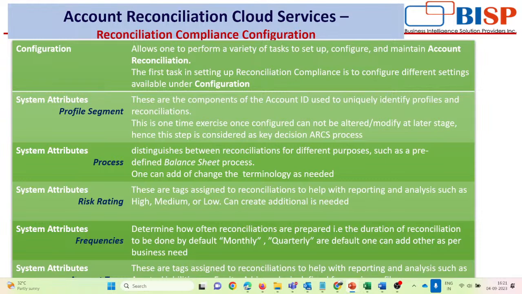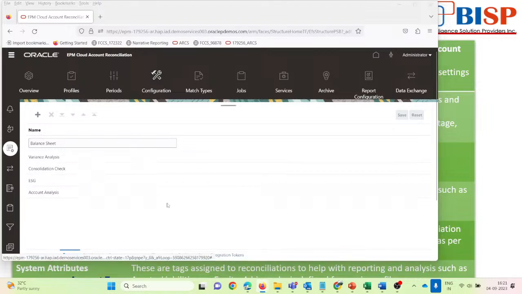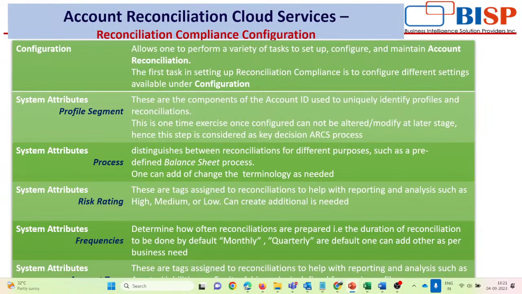Then we have this system. Under system attribute, we have this process. What this process means is that it distinguishes reconciliation for different purposes, such as predefined balance sheet process. One can add or change the terminology as needed. So this is basically the process, the purpose for which we are doing this